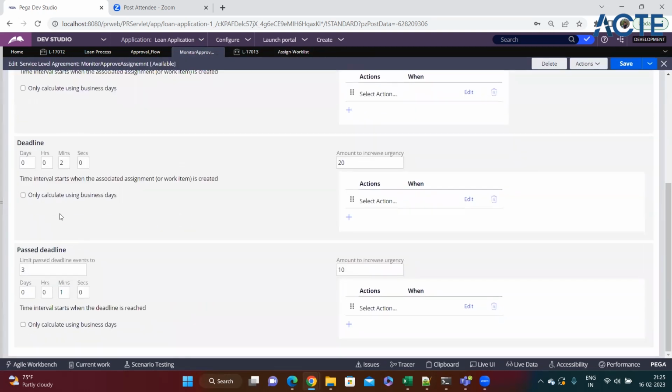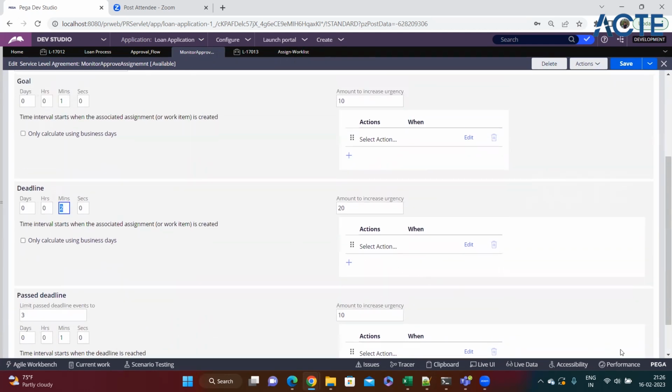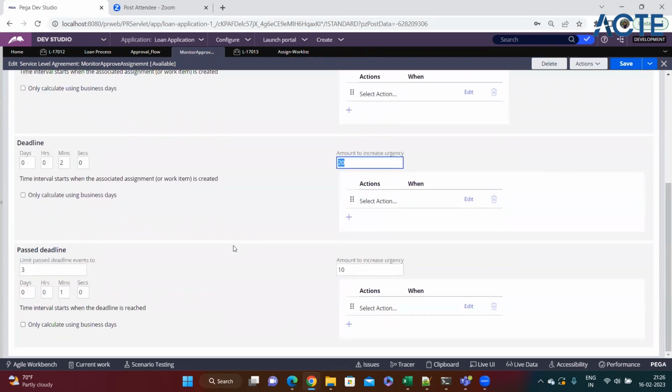Then again, after another 2 minutes, if I don't perform any task on that, say at 9:27, the urgency should increase by 20. So 30 is already there, and 30 plus 20 will be 50. And then after another 2 minutes, if I still don't perform any task,